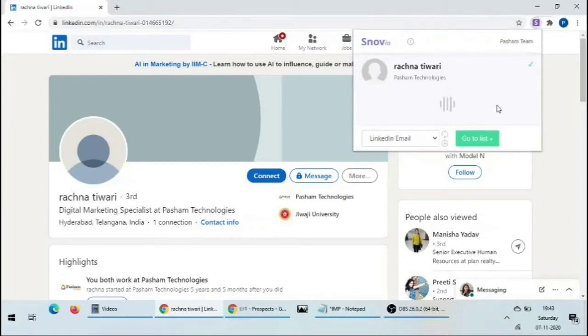These extensions give you credit points. Each credit will be used to search the email ID of one person. So 50 credits are given to us as a free user. After you have extracted 50 people's email IDs, they will ask you to make the payment. So job seekers, you can definitely use these 50 credits for searching email IDs of very important HRs.